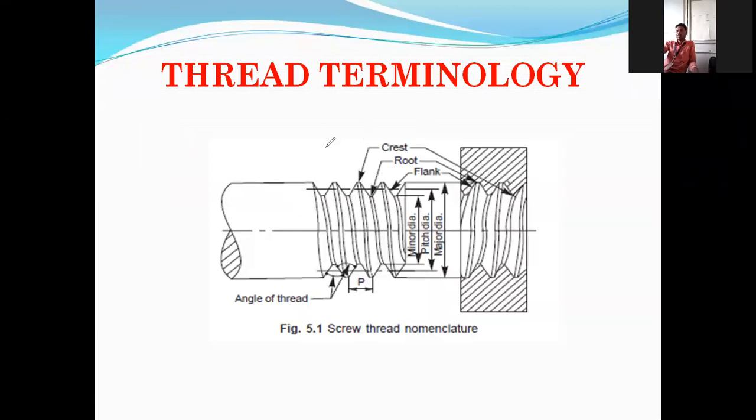Further, thread terminology. When the thread terminology comes here, a little attention is required. So this part is hollow, not hollow, sorry, solid. I have made it a little red. So this red colored part is solid in this case. On the other hand, this is the bolt, first, because it has an external thread. On the other hand, this is the nut.